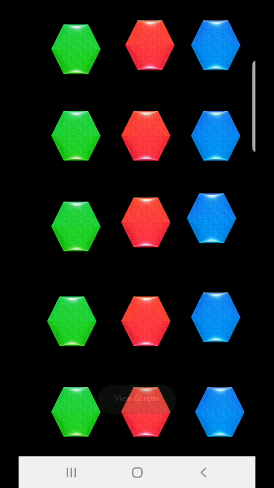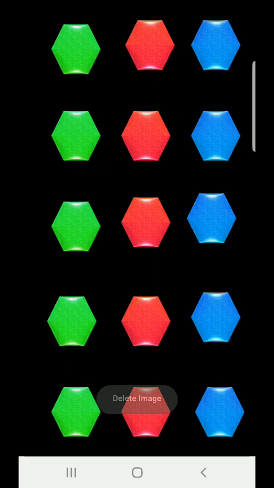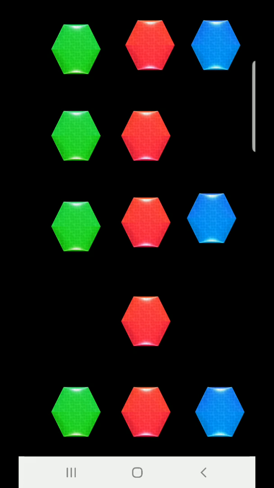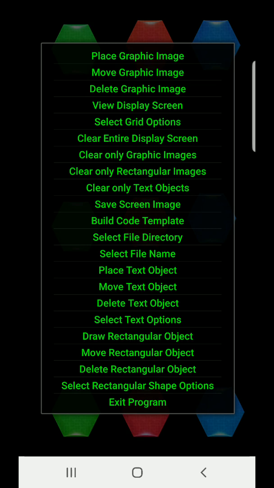The select file directory function allows you to select the file directory where all of your graphic images are stored. For now, you should put all of your graphic images in the graphics directory, which is located under the Mintoris data directory. All of the files that the simple visual builder can generate will be saved in the graphics directory, which is located under the Mintoris data directory. This is a requirement of the simple visual builder program at this time until the file navigation section of the